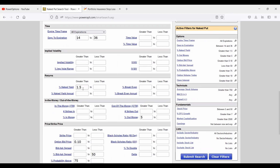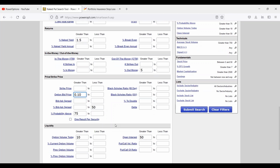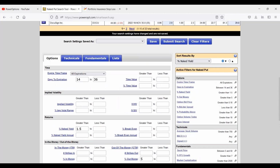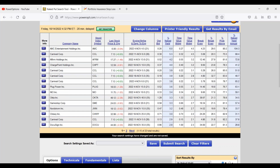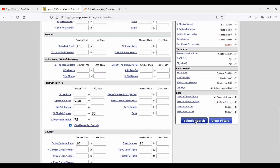And what are my target goals for this strategy? Is it 1.5% per month? Is that what your target is, with the range out of the money you want or with the probability you want? Put in some basic things to limit the bid-ask spread, to filter out more volatile positions or wider bid-ask spreads where the midpoint is less likely to be filled. Reasonable option bid price and liquidity. Very basic. Narrow the whole universe of options down with just a few clicks to 22 total results. And if we use that one result per security right now,